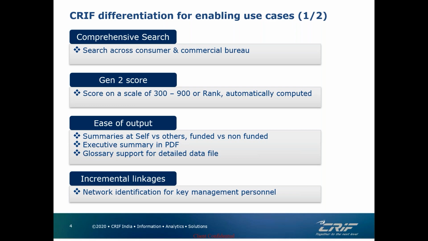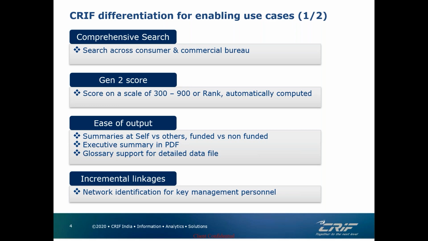Then you use the summaries that we spoke about. What are people doing with you? What are people doing with other lenders? In this, further, what are people doing on funded? What are people doing on non-funded? In this, in funded, what is the total exposure? What is the total utilization? What is the worst delinquency? When was the worst delinquency given? You get an executive summary in your PDF so that you can understand very easily what is the health of your portfolio, what is the residual risk of your portfolio, what percentage of borrowers are solely borrowing from you.